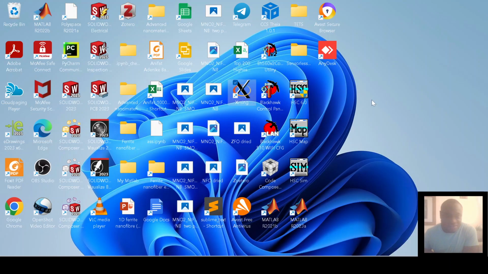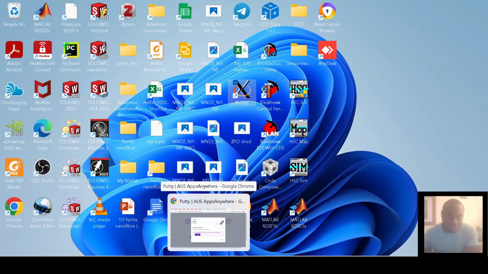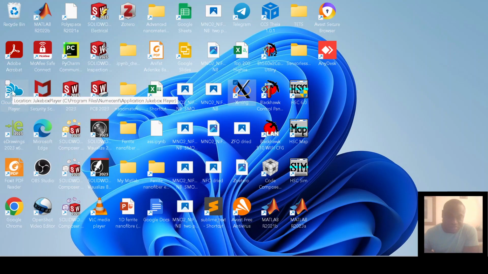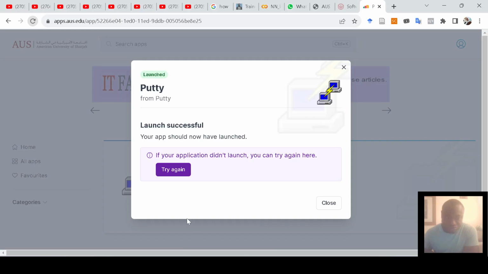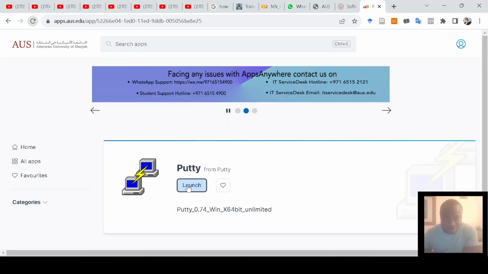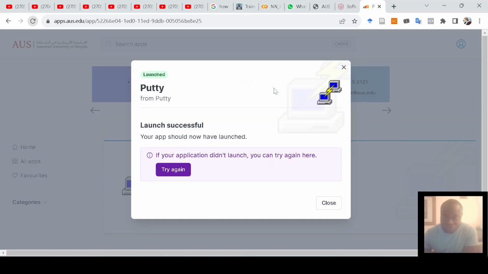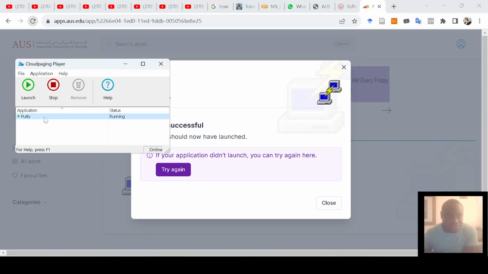So now the third software you need to launch is, you need to go to your university app, and there is particular software called cloud paging. This particular software, you can either launch it from your university website, or you install it on your desktop and launch it. So let's say you want to launch this, this is from my university, so you launch it from here. So once you launch it, then it will come up, then you have it here,